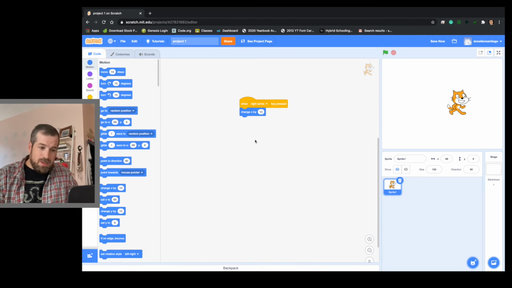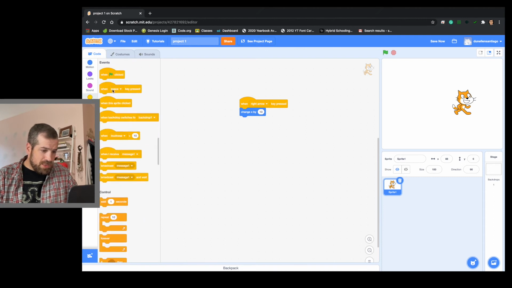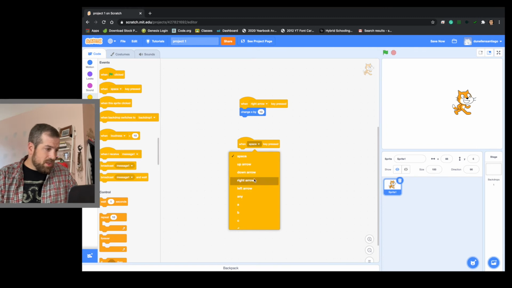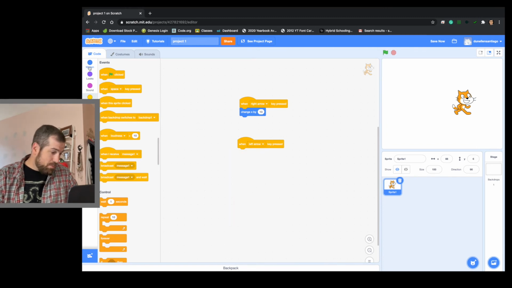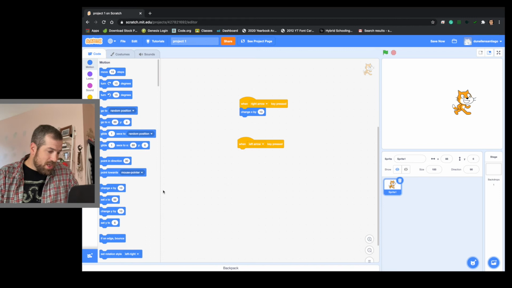So now my right arrow moves my guy right. And now I can do the same thing. I can then, hey, you know what? I want the same code. So also I want, when I push the left arrow, I want him to go left, pretty self-explanatory. I want him to change, but